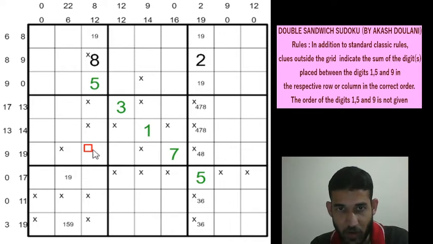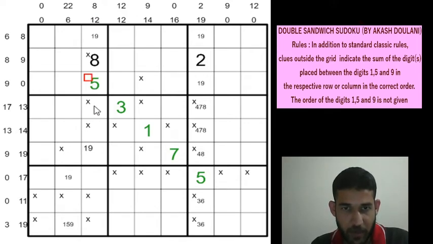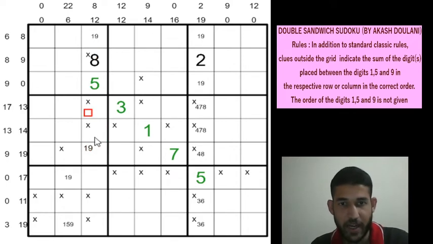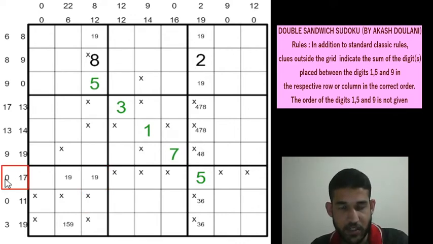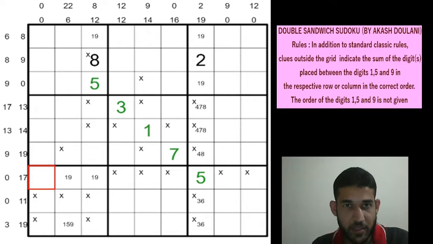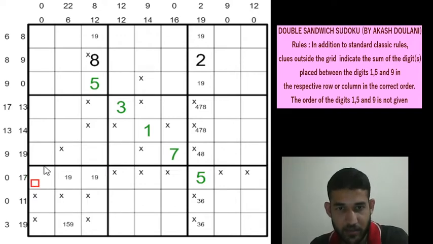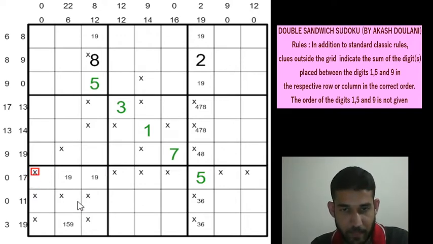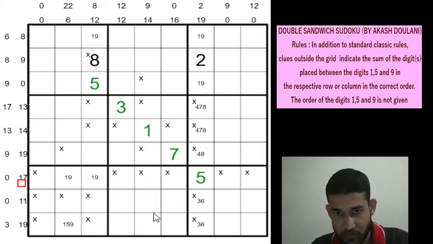And if you have a 1 and 9 in row 6 column 3, then these 2 cells must add up to 12, right? For this 12 clue. So it cannot be made up of 5 and 7, it cannot be made up of 8 and 4, and it cannot be made up of 3 and 9 as well. So that means you cannot have a 1 and 9 here, so this will be a 1 and 9, and that satisfies the 0 total as well. We can make the X mark here, sorry, in here, and these 3 cells must add up to 17 to satisfy the 17 clue.